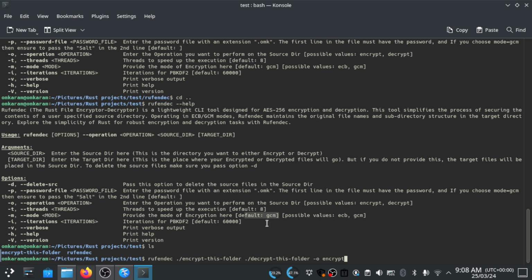And finally, there's a lot going on here, right? We need to provide another thing. There is another option called hyphen I. Hyphen I stands for the total number of iterations you want to have with your